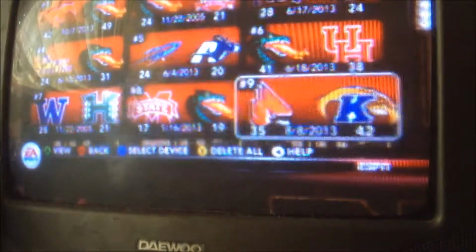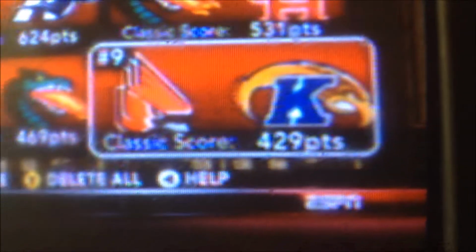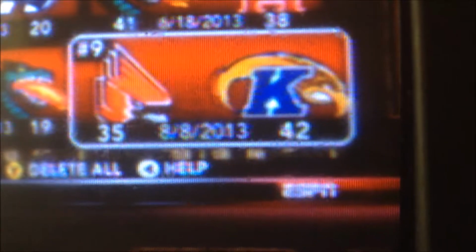Number 9. Ball State versus Kent State from the Dolph Ziggler Road to Glory series. This was beyond a shadow of a doubt. It really did bring up a lot of troubles for Dolph, but in the end, Kent State somehow found a